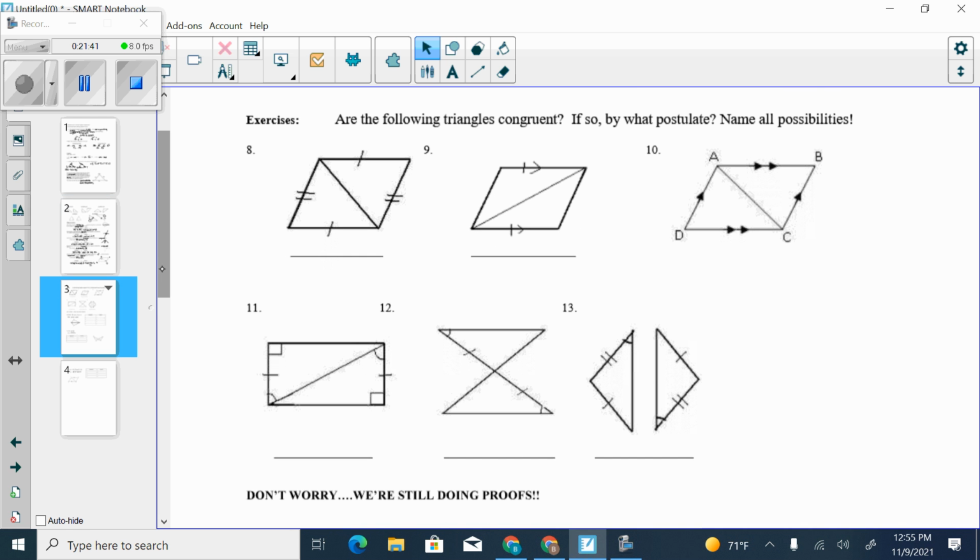And they want us to fill in if we think the triangles are congruent. If we say yes, list all the possible ways they could be congruent. So if they're congruent by more than one type, write them all down. So remember we got side, side, side, side, angle, side, angle, side, angle, and we just added the HL, hypotenuse leg. Okay. So on number 8,